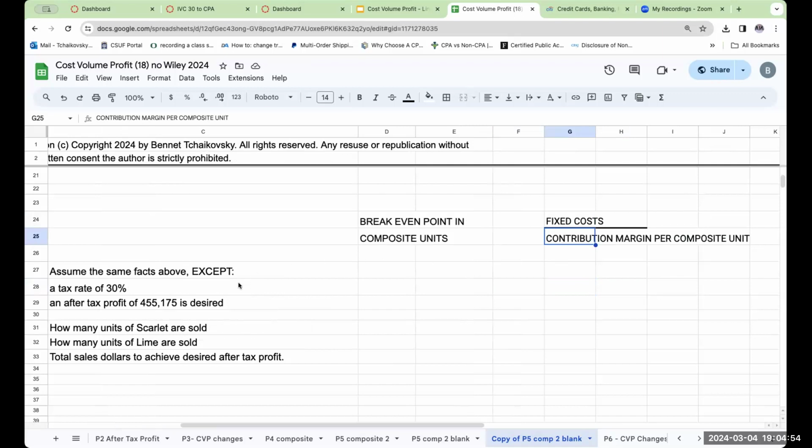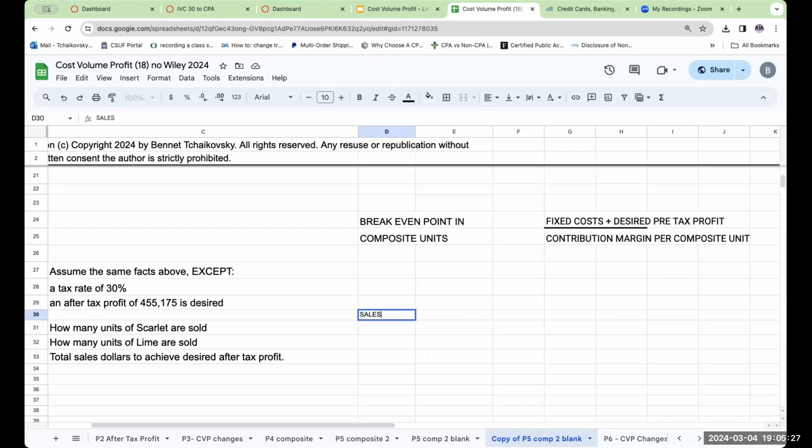If we need to achieve a certain after-tax profit, not only do we have to cover our fixed costs, but our desired pre-tax profit. And if you look at some of the other questions we've been going through, if we think about it,